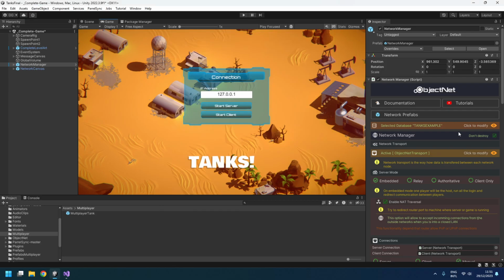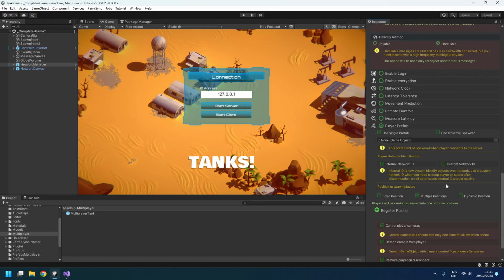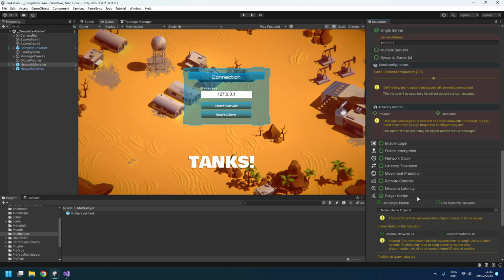So close this, and then I need to tell ObjectNet which is the prefab that I'm going to spawn when the players connect with the system. I'm going to define the same. And I also need to tell ObjectNet where the player will be spawned. Doing this, I need to